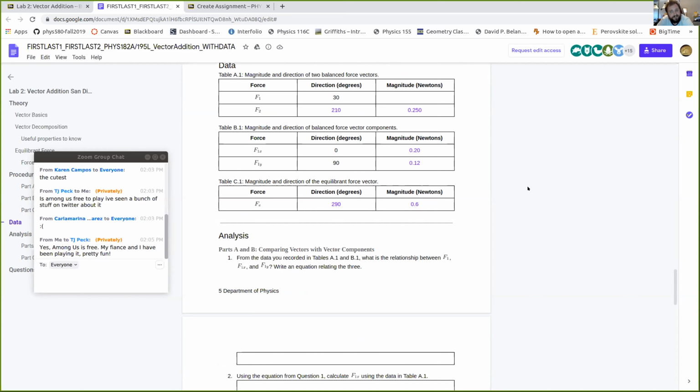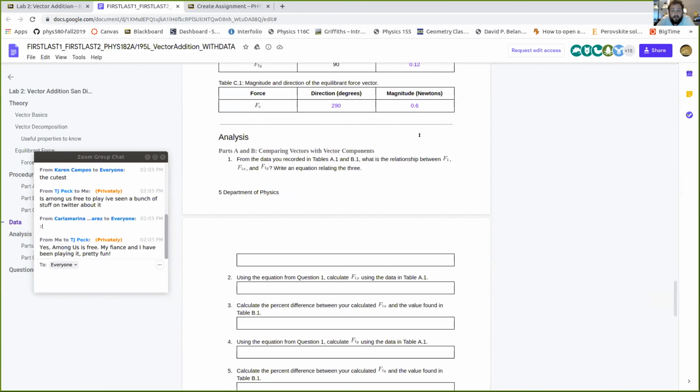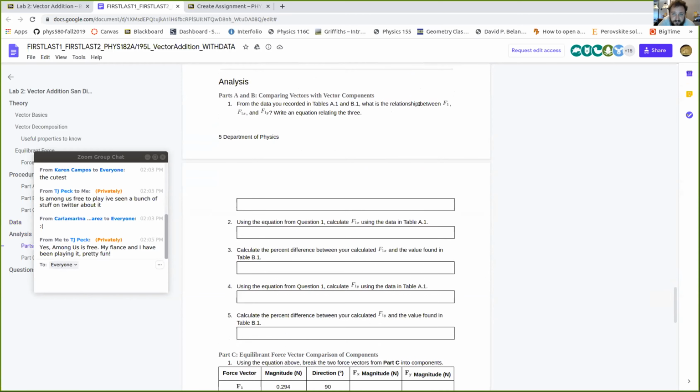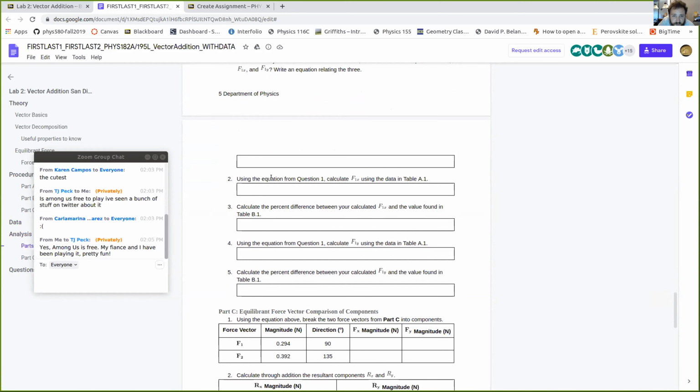It should not be exactly the same. It's got to be a little different. You're probably going to get like 294 or something, and then like 0.635 or something like that, okay? I don't know if that's exactly what it was, but just do the math and show me you did it, and we'll be good to go. Okay, so after you do that calculation, using the equation, I'll talk about that one in a second. Percent difference,